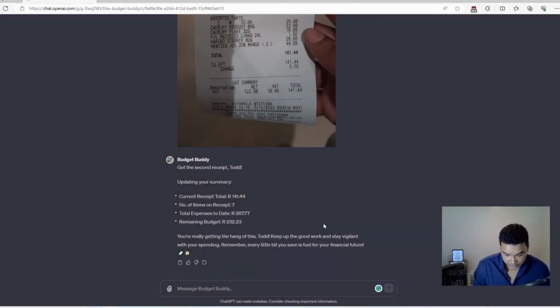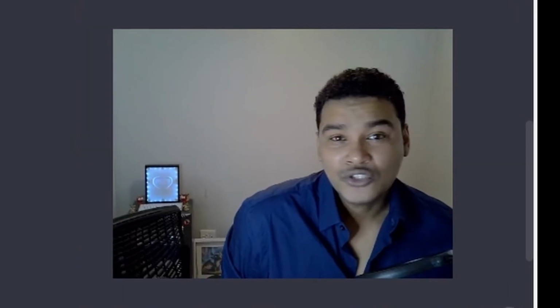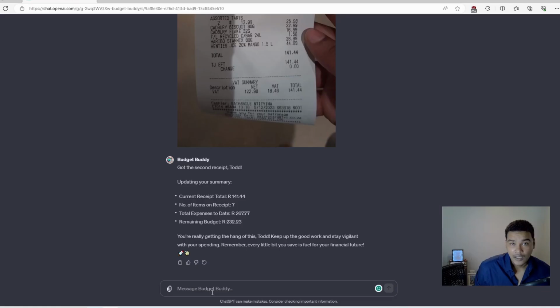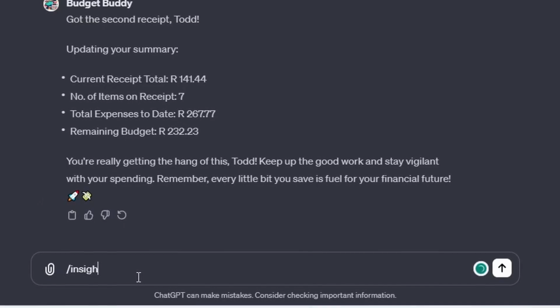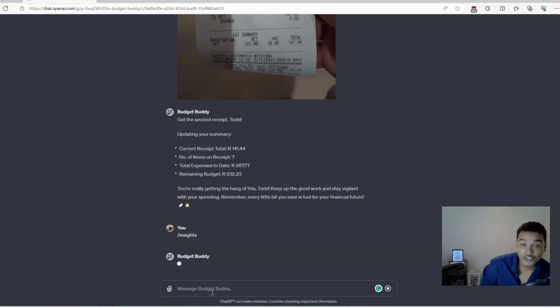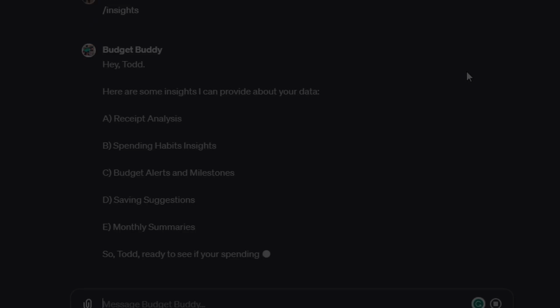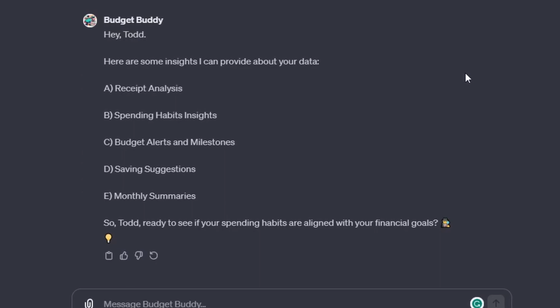Once you provide the receipts, we can now go through the point of asking information about it, right? So now we're going to go with insights. So maybe at this point you uploaded your data, but you're not sure what to ask about your data. So that's why I created another hotkey called insights. At this point, you can type in /insights if you want to. And if you do, it should give you a list of options that it can guide you through better understanding your data. When it eventually responds, it will say, hey Todd, here are some insights I can provide about your